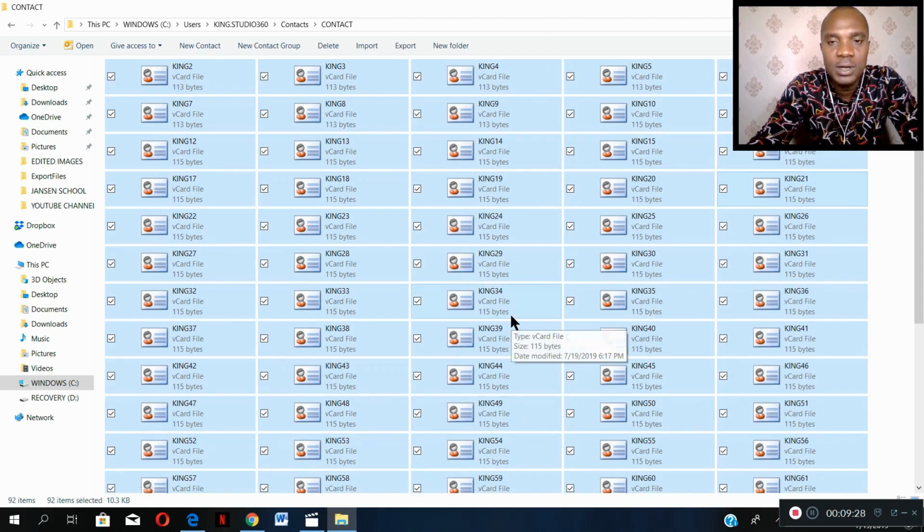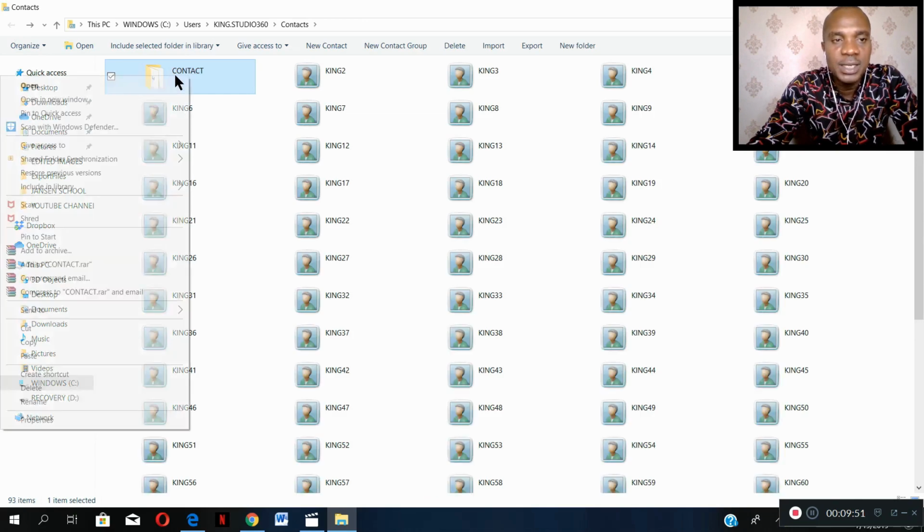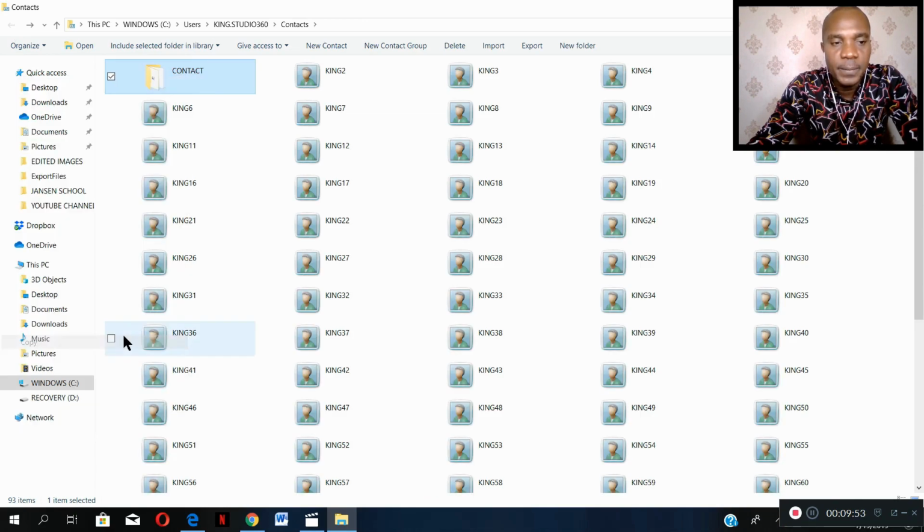We are going to combine all these files as one file so that we can import that one file. Once we import that one file into our phone, it will bring in all these 92 items as contacts inside our phone. For us to do this, the very first thing we need to do is to copy these contacts, copy,